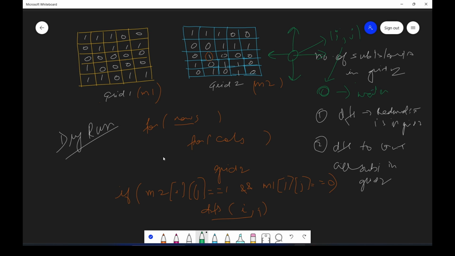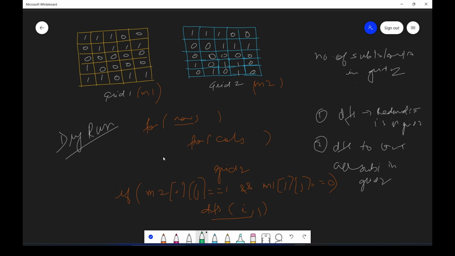Now in this island there is only one, because in the 4 directions you have only zeros. So what will happen in DFS is that it will just make this 0.